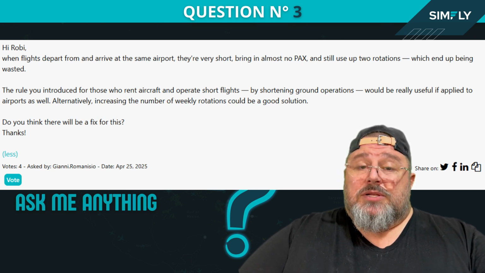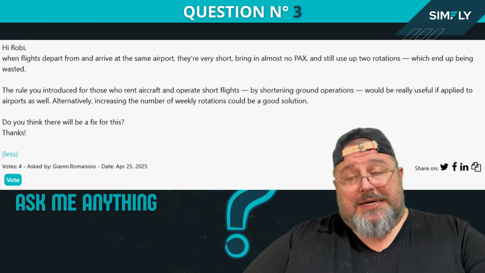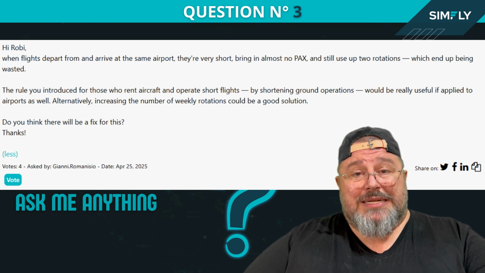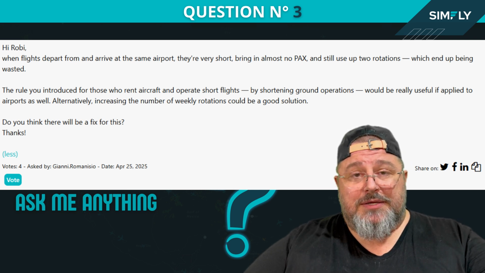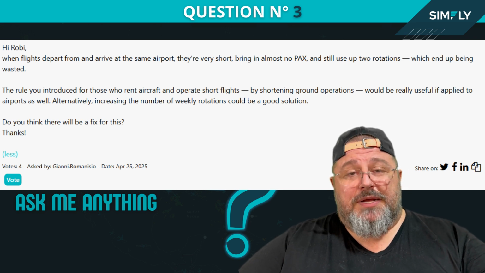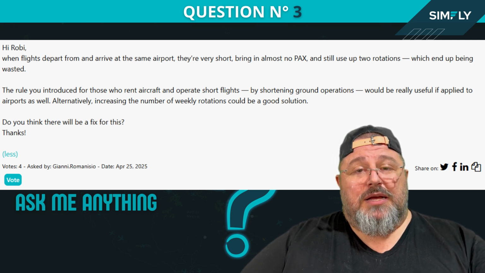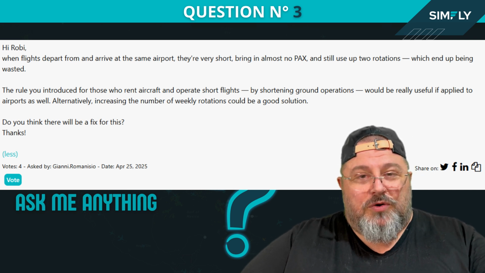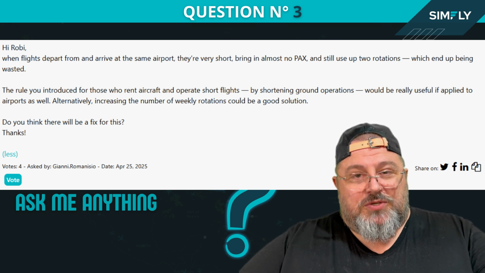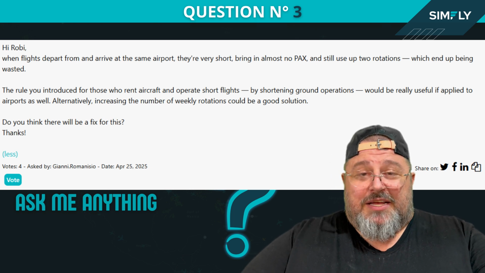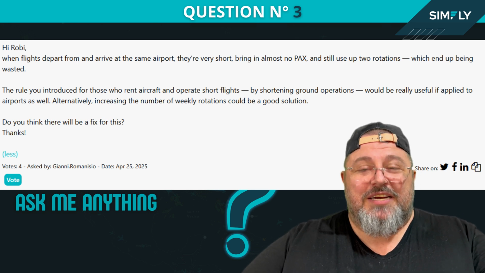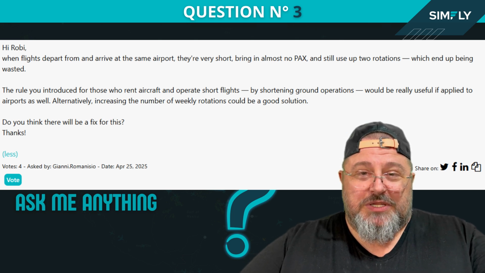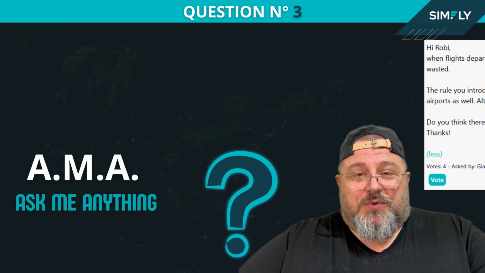Gianni, as I explained before, starting Monday, Tuesday of next week, flights that last less than 20 minutes do not affect airport rotation, do not affect ground operation, and do not affect license timers. At the same time, they don't pay PAX, they don't pay experience points for any of the assets. So there will be no more the issue of short flights that create all this trouble. That's exactly why we did this. So the solution is there. Yes, we're implementing it. We are testing it in our test server at the moment. It should be deployed Monday, Tuesday next week in production.